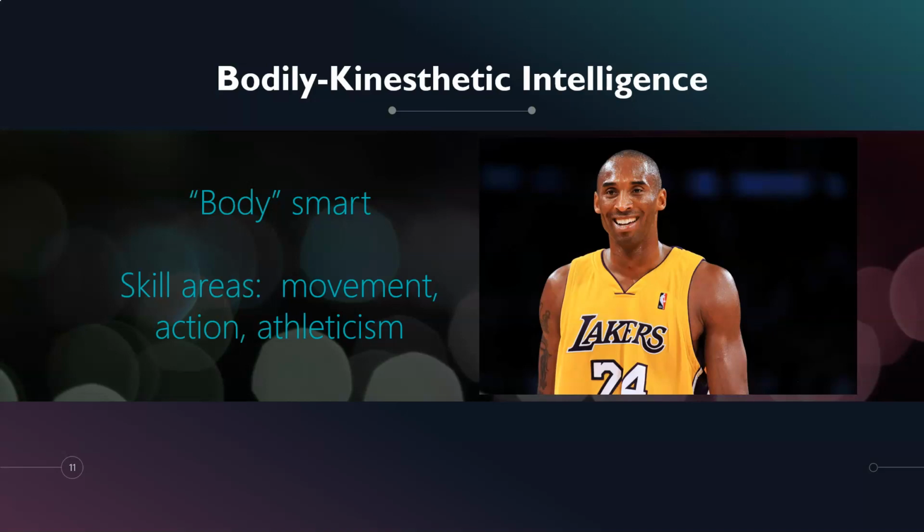So again, similar to the music smart and to the visual spatial smart, this intelligence hasn't been viewed as valuable as the first three we talked about, the verbal linguistic, the math, and the science. But again, it is. And I also want to just focus on that word kinesthetic there, the movement of the body. Some of you may be majoring in kinesiology, which is the study of body movement. So definitely another piece of the intelligence puzzle, how we solve problems and how we advance ourselves as humans using knowledge of our movement and of our bodies.